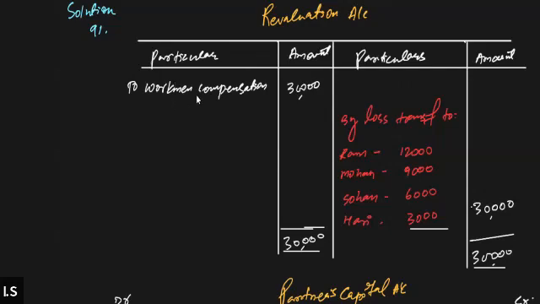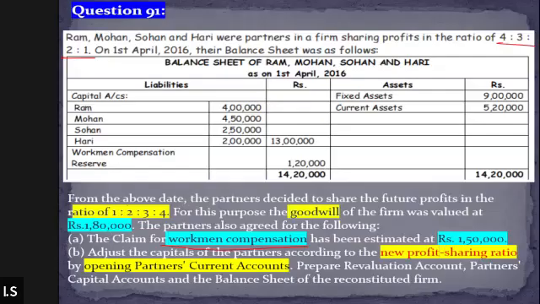Yes, sir. Okay, now coming back to the question. Let's read the next point. The next thing is saying that we need to adjust the capital of the partners according to the new profit sharing ratio by opening the partners' current account. We will discuss point number 2